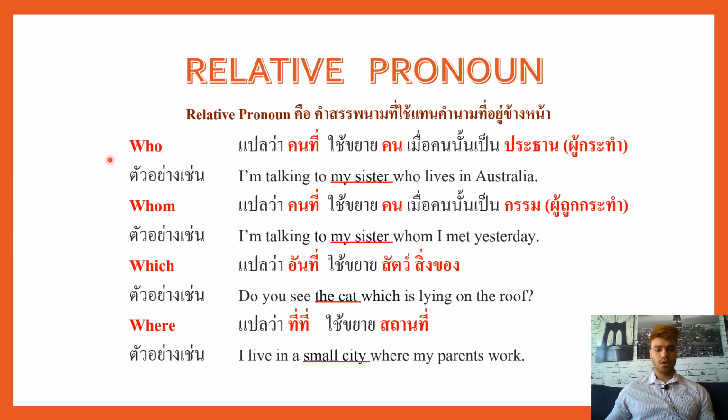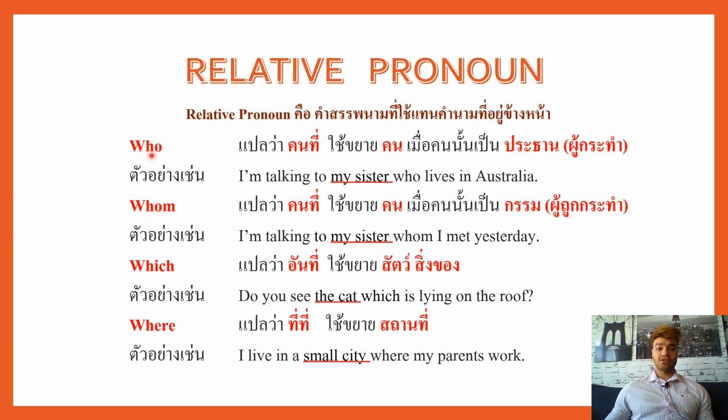Who, whom, which, where. Well, before we go through this, you have to be sure how to determine the subject, the verb, the object in the sentence. For example, I live in Mahasarakam. I is the subject, live is the verb, Mahasarakam is the object. Well, so the first one,